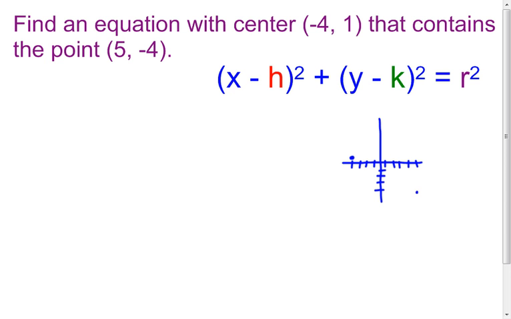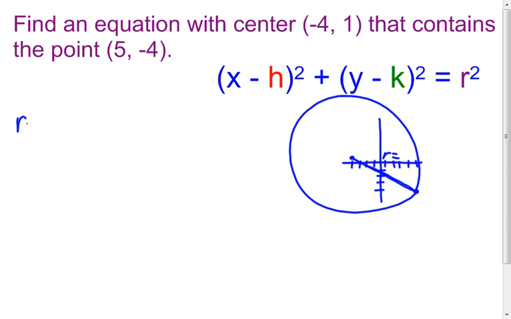So I know that the circle contains this point. And what that means is that the circle, if you can picture it, would go like that. That means that this distance right here, of course, is the radius. And I need to know that distance. So basically, I need to find the distance between -4, 1 and 5, -4. And that will tell me my radius. So my radius then will be